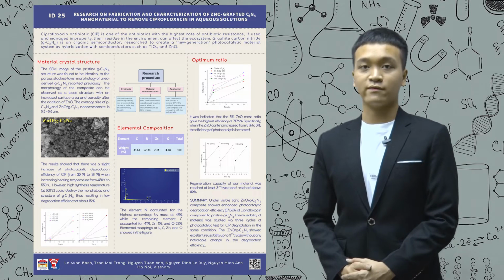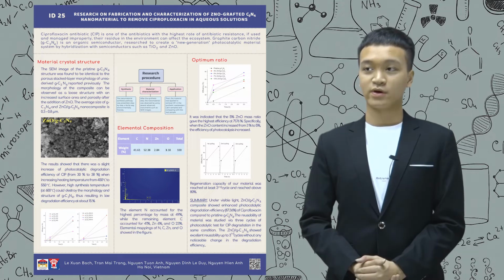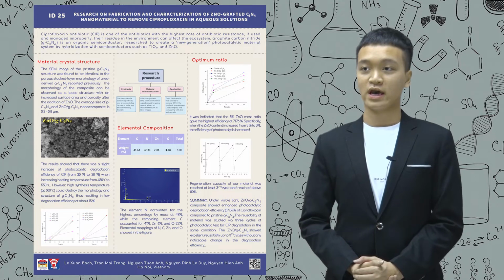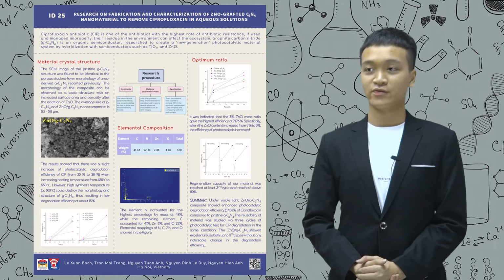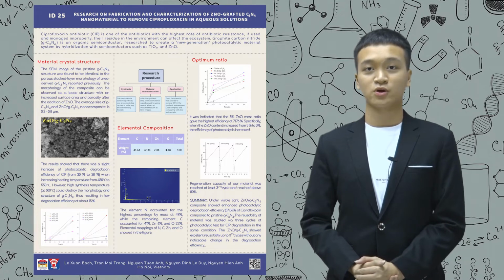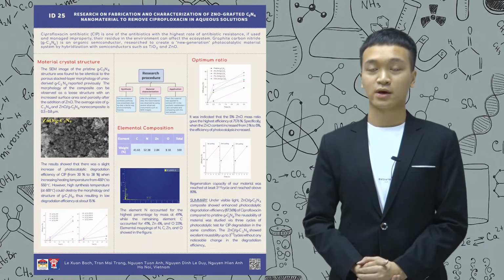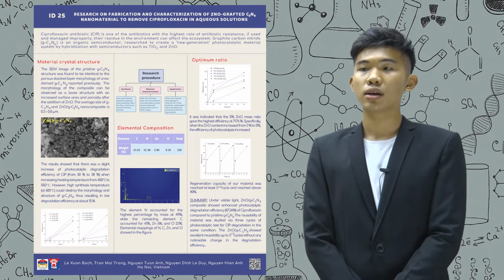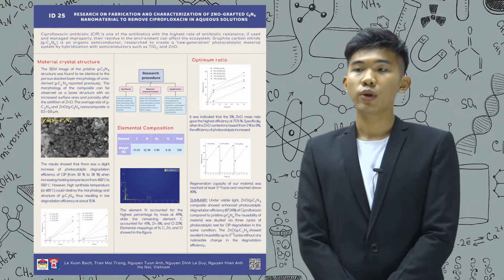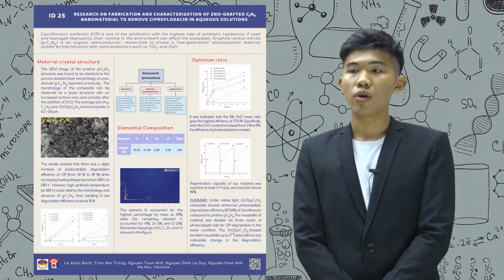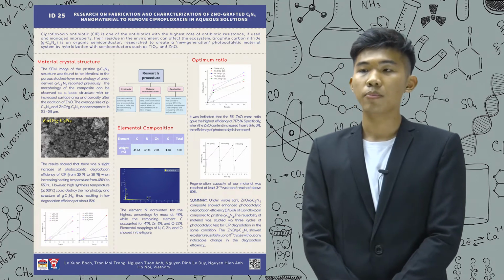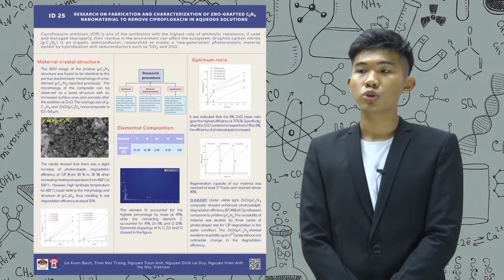After the addition of ZnO, the average size of g-C3N4 and ZnO/g-C3N4 nanocomposite is 0.3 to 0.8 micrometer. The research showed that there was a slight increase of photocatalytic degradation efficiency of CIP from 30% to